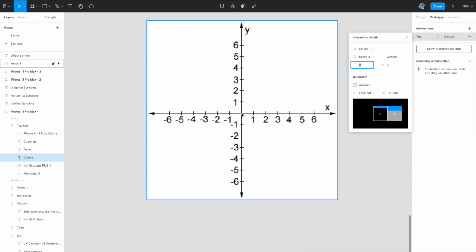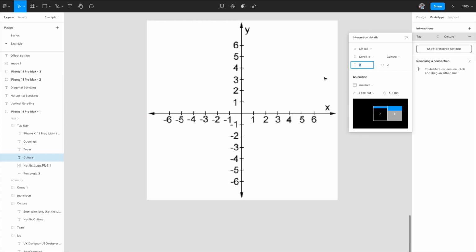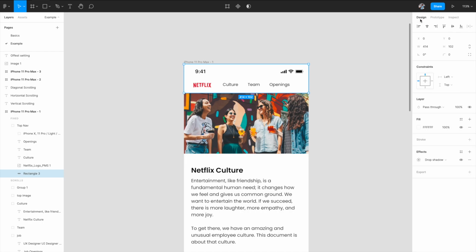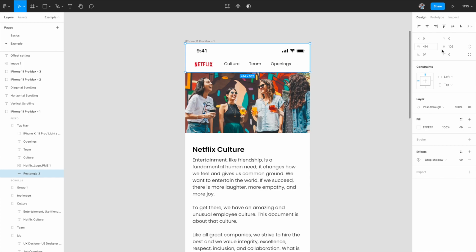And the way offsets work is this. If the center is your hotspot and the section that you're moving, you want them to have a distance between them below, you need to give minus values. If you want the section to move up of the hotspot, you need to give positive values. So this is the hotspot, and distance below will be negative, distance above will be positive, and same for the x-axis as well. Now I'll first see how big my top nav is. If you see, my top nav is somewhere around 102. So we want to give something more than 102 so that we get some good spacing here.